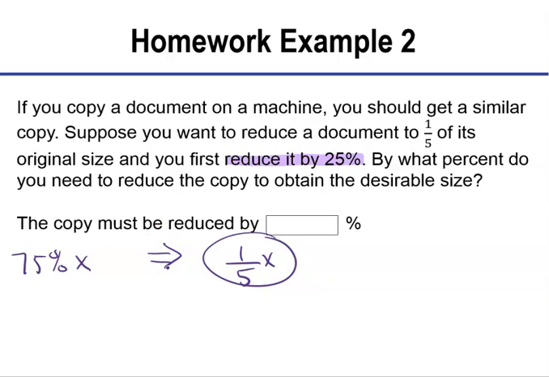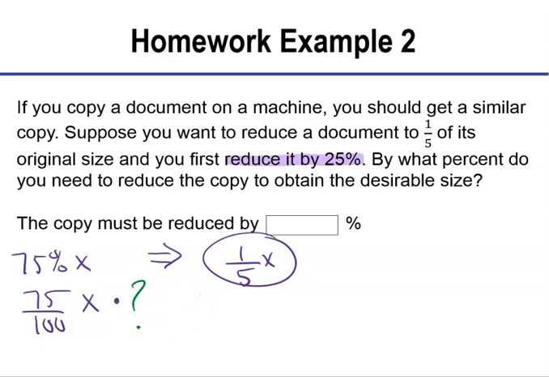Okay, now one's a fraction and one's a percent. You want to get rid of that situation? We can write 75% as a decimal, but I don't want to leave the percent sign in there as calculation. So one way we could go with this is say 75 over 100 is what we've got now. Okay, now we need to multiply that by some factor that we don't know yet